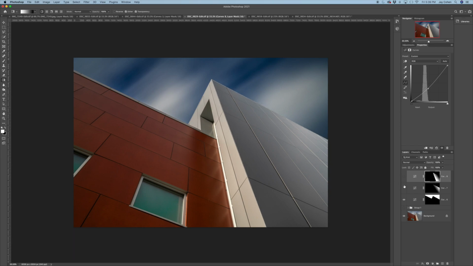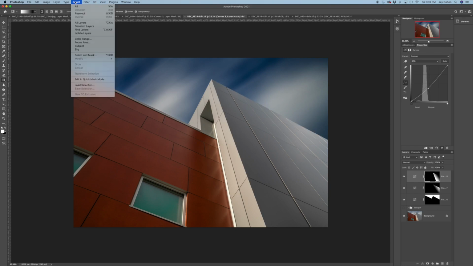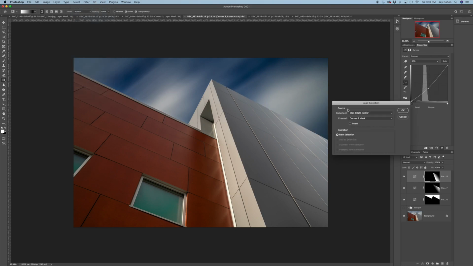So here's the before for this part of the building, and here's the after. Last thing I did, I'm going to deselect that by hitting Command D. I'm on a Mac. Last part of the building I worked with was that bright, I call it broadside, but the stuff where the light is really hitting it, I want to make that a little bit brighter, especially the top of this